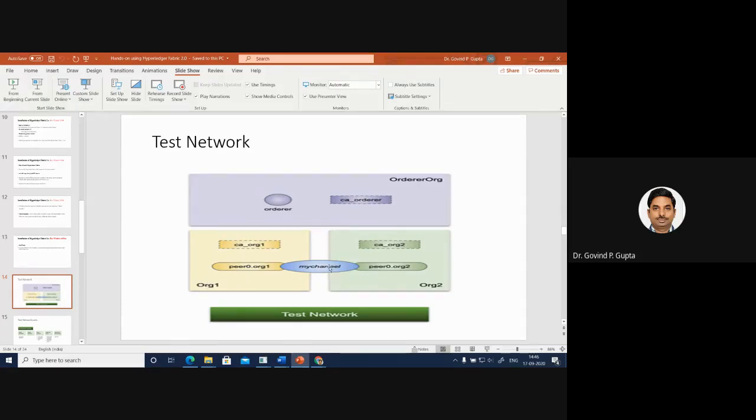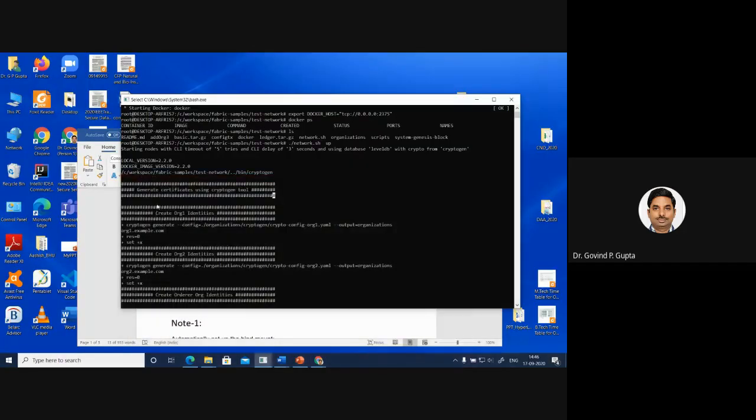Now, in order to facilitate the consensus protocol and the certificate authority, by default the orderer and the CA are attached to both peers. So you see, after the certificate, the first org is created.